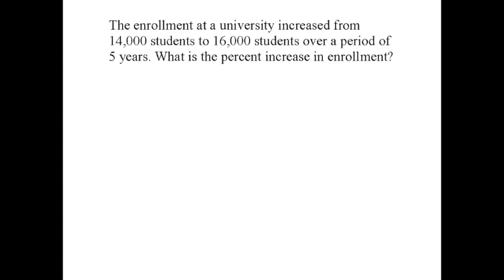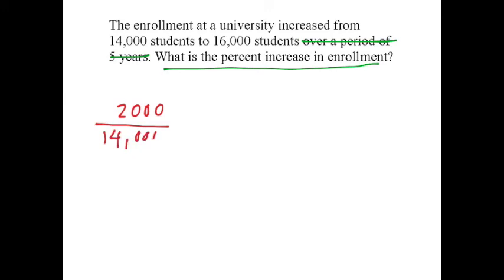Okay, last one. The enrollment at a university increased from 14,000 students to 16,000 students over a period of 5 years. What is the percent increase in enrollment? Okay, first thing we need to do is identify that there is extra information in this problem we don't need. It does not matter how many years it took for the enrollment to increase. All we want to know is what was the percent increase over the total time. So once again, we will take the difference, which is 2,000, and divide it by the original amount, which is 14,000, multiply it by 100, and we will get